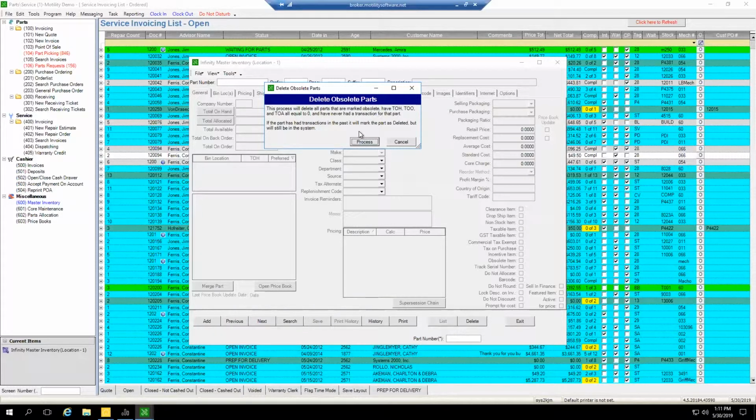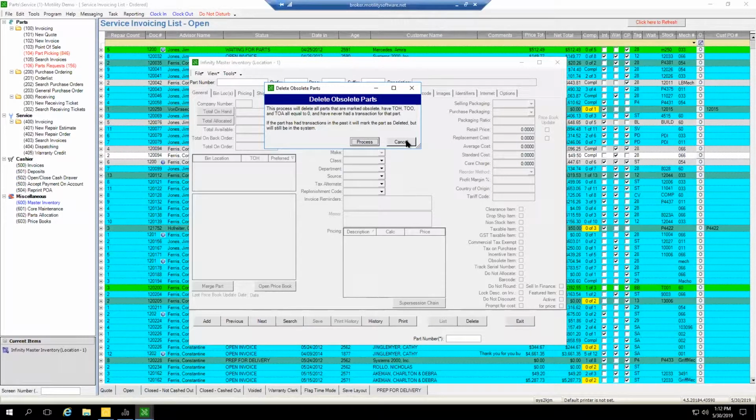That's because if the part has an on-hand quantity, it wants to adjust it in the proper accounting transaction. Basically it wants to account for this part. So that's why you go through the report, determine what parts you want to delete, and then go into that individual part and make an adjustment for that part to 0. An accounting entry is made automatically to account for that adjust off, and then you can mark it obsolete. All right, and you can hit process,